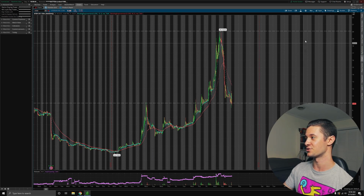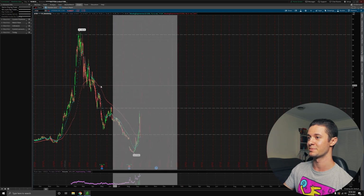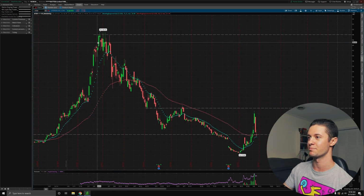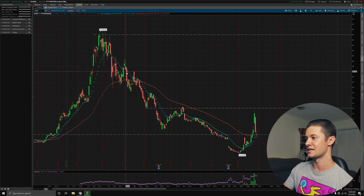This thing was down at $3 just recently, but it also has a lot of potential to be moving up, as it was at almost $50 just earlier this year, and not for an insignificant period of time, right? It wasn't just 1 or 2 days that it pumped up and then instantly got shot back down. It actually moved up fairly steadily over a couple of months, really, and sat there for maybe about a month, maybe a little bit less, and then over the couple of months after that has been trading down and down